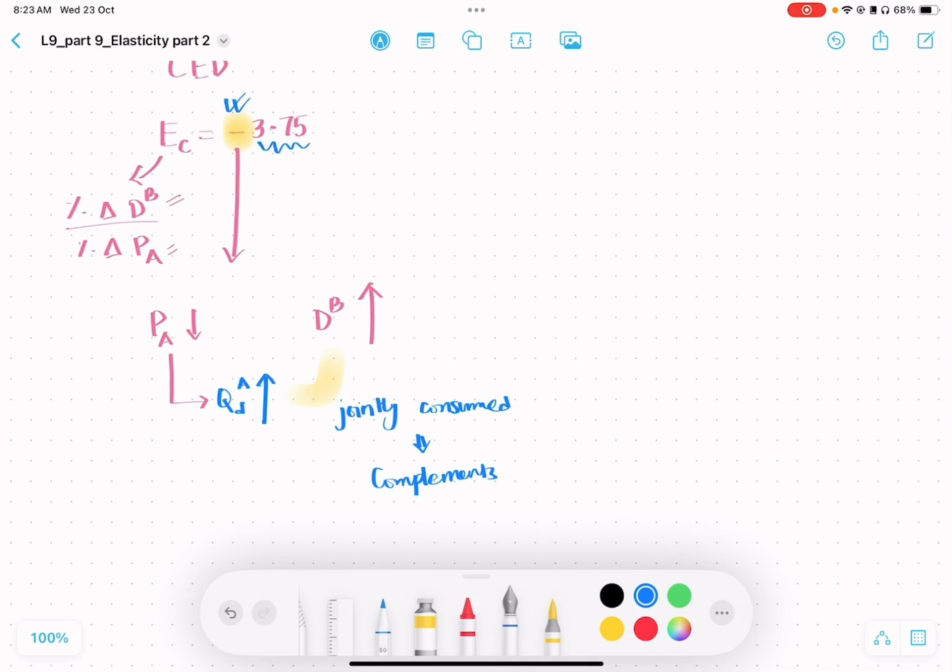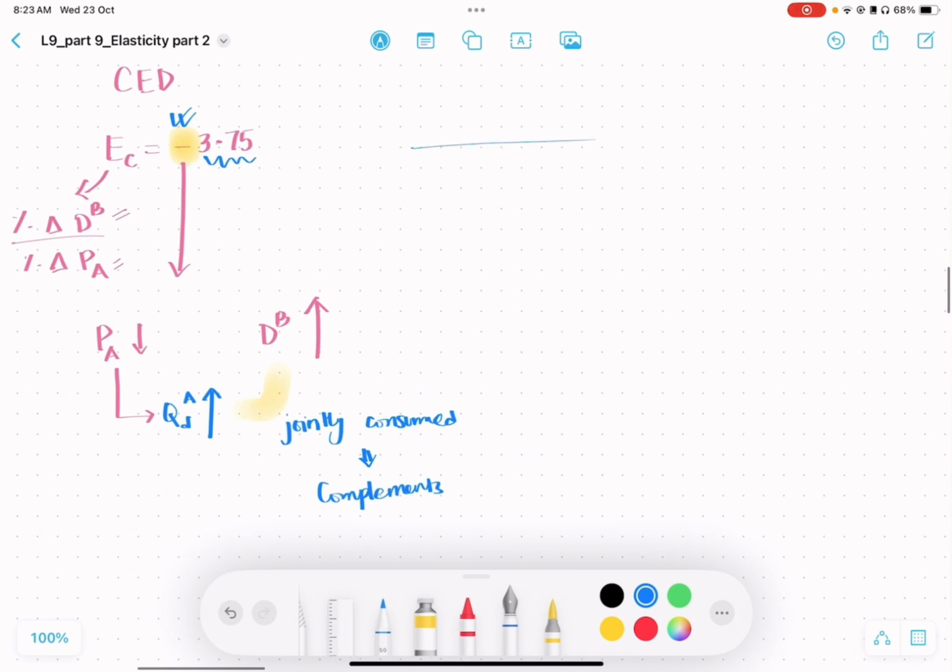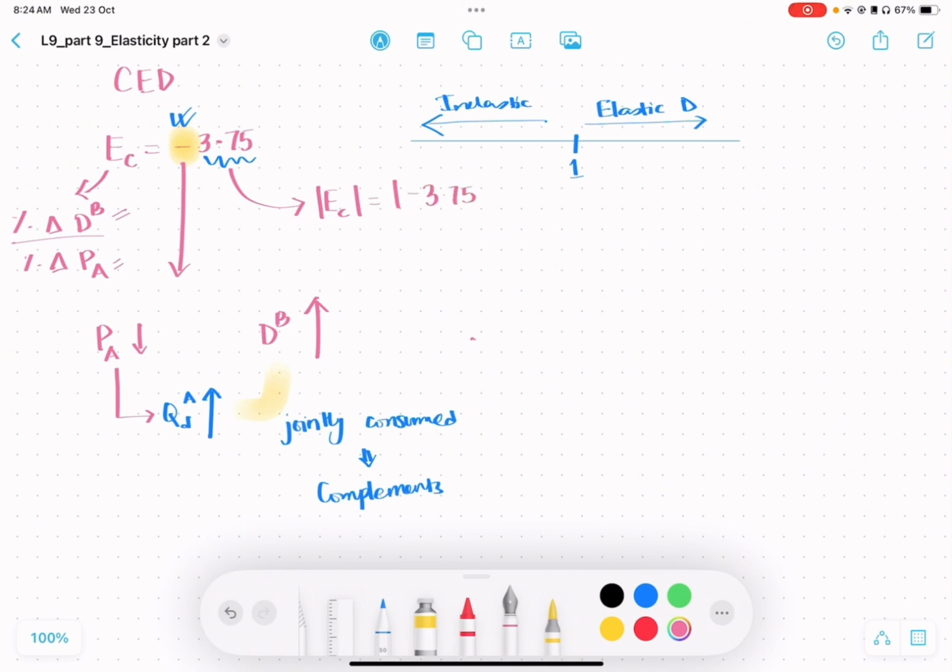What about this number? Well, for this, we're going to look at the number line that we learned about, right? Where 1 is sort of the deciding value. So if it's more than 1, we know that we're dealing with elastic demand. And if it's less than 1, then we know we're dealing with inelastic demand. All right. So here, when we see minus 3.75, remember I told you we're going to focus only on the value. So when you take the modulus, essentially you're looking at 3.75. So this, of course, is greater than 1, which means that we have